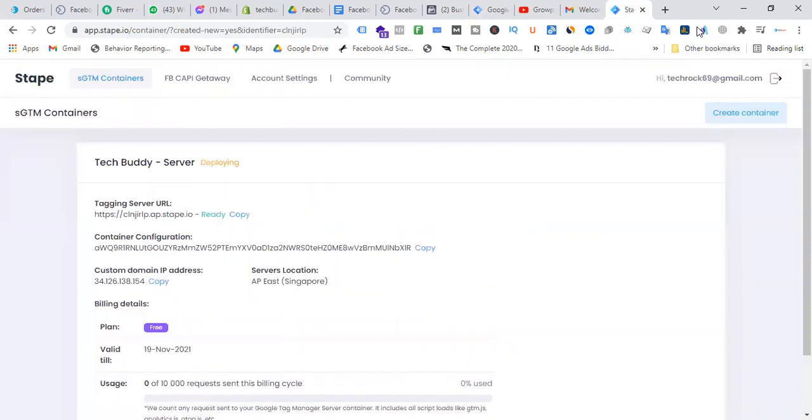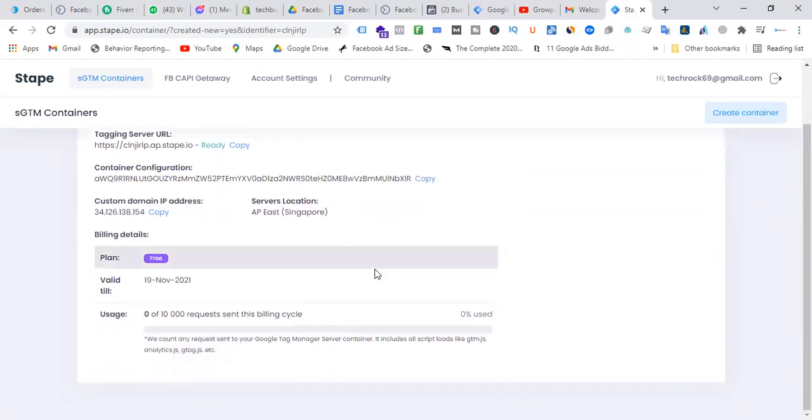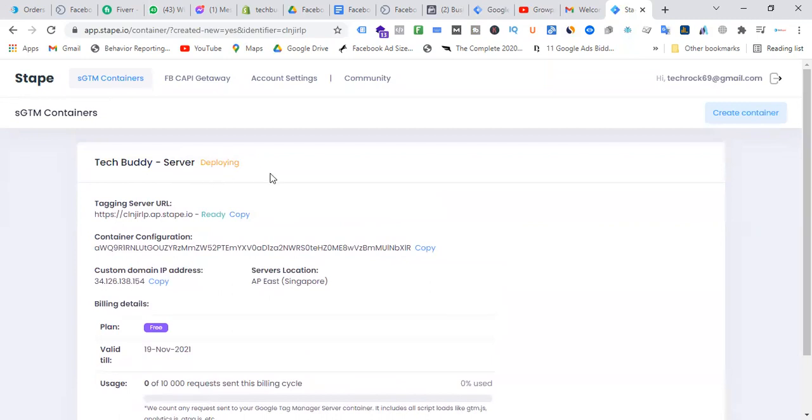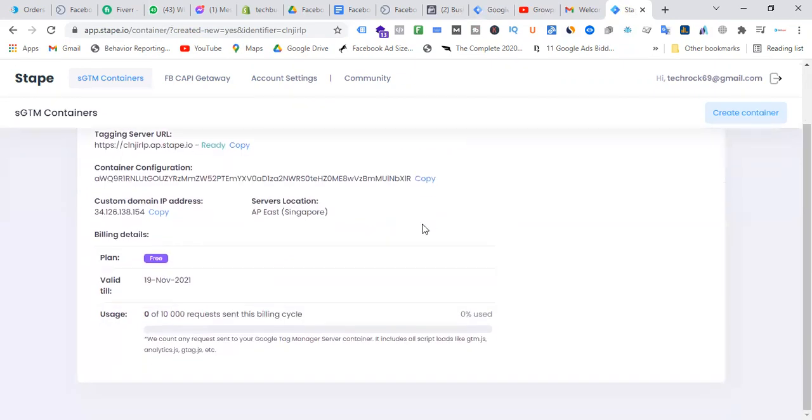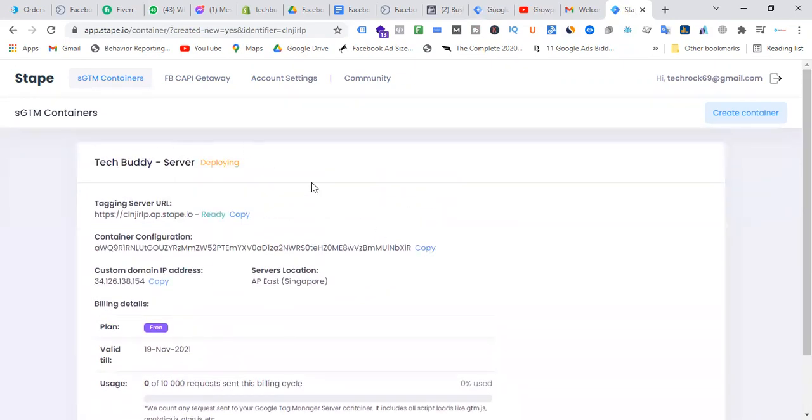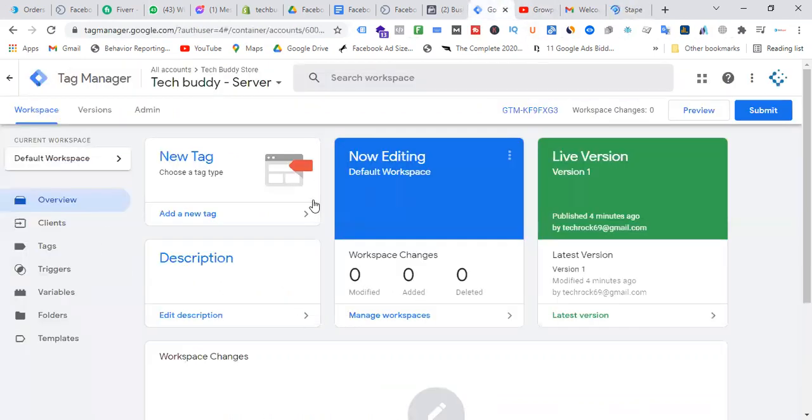Now go to the workspace, and here you can just refresh it. Sometimes it takes time to run. Still, it's in the deploying phase. So again, I'm refreshing. Sometimes it takes time, but it's not a problem. After 2 or 3 minutes, we will see it's running. Okay, so it's deploying. Let's see.